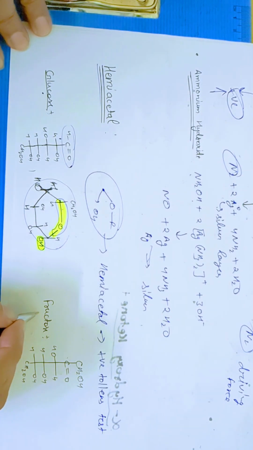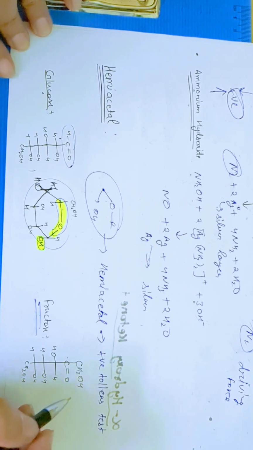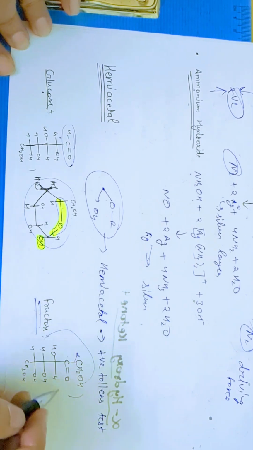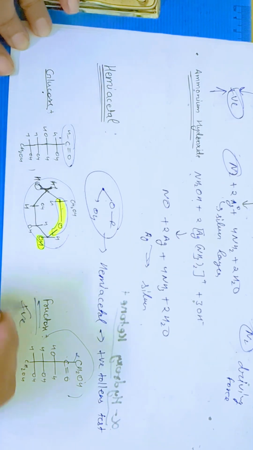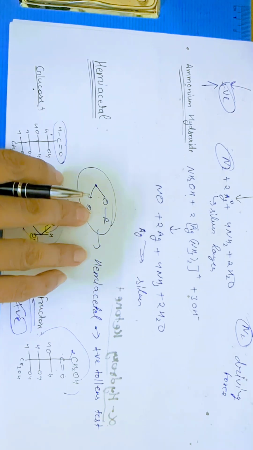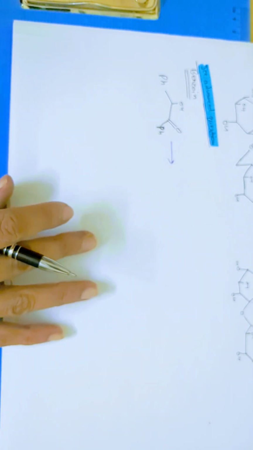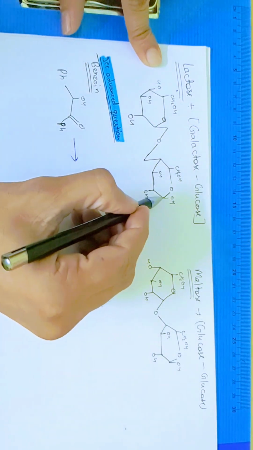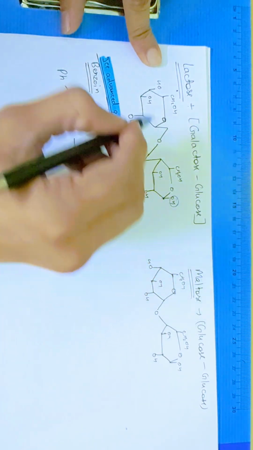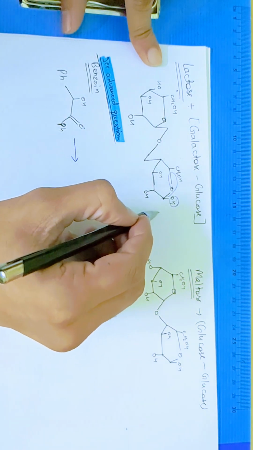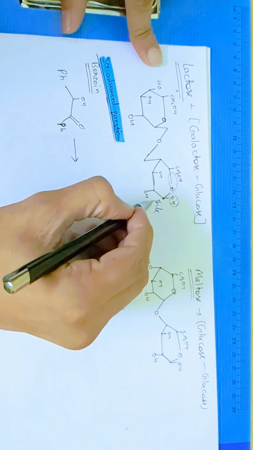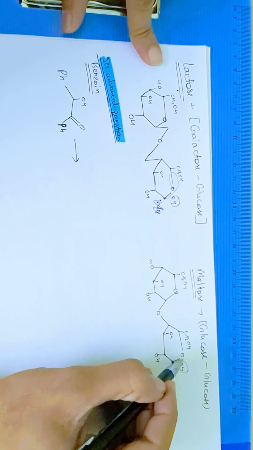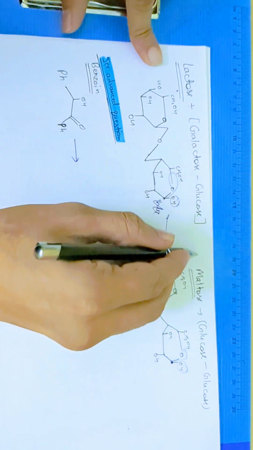Now let's take an example of fructose, that is an alpha hydroxyketone, so it can also give positive Tollens test. Now some more examples, that is lactose. Lactose also, you can see here, has one hydroxy and one ether, so it also has a hemiacetal group. And maltose also has hemiacetal, one hydroxy and ether,